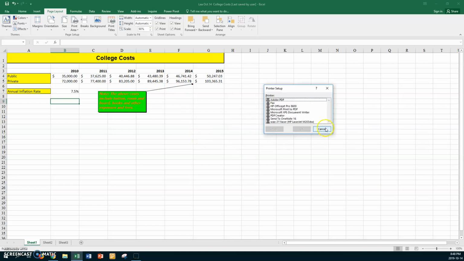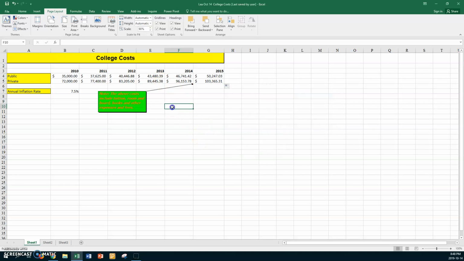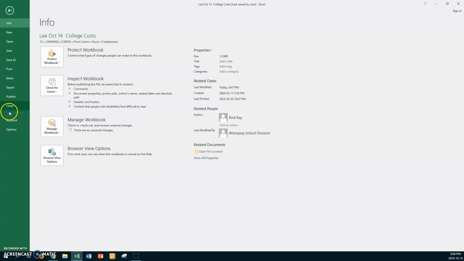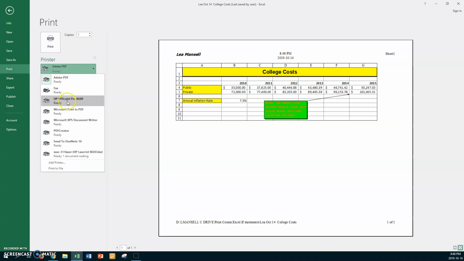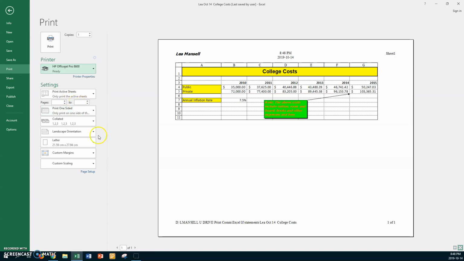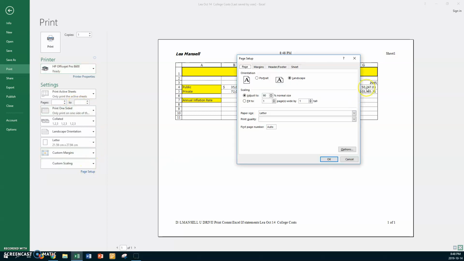and oh, I'm running into that printer available again. All right, I won't take you in there, but you know that you can go to page setup. No, I can't get in there to show you. Let me go another way, cancel, and I'm going to go to file, and I'll go to print, and now I'll try choosing there, and now let's see if I can go to page setup,